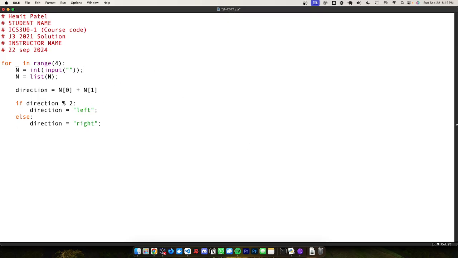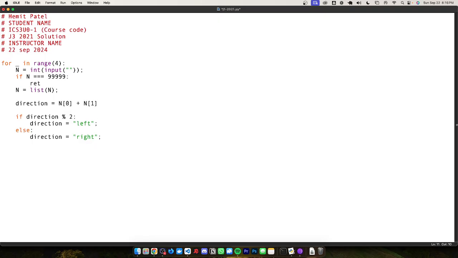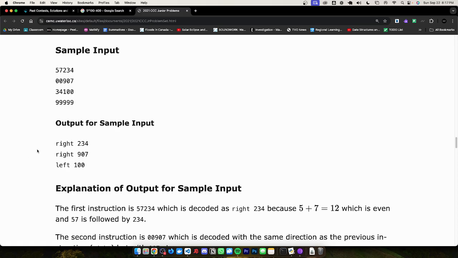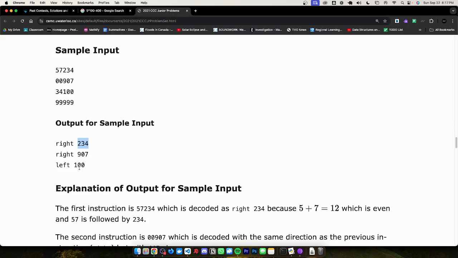And before we even do this, we're just going to say if n equals 1 2 3 4 5, right? It's the end of line, so we're just going to press return, or actually break. We're going to break out of the function. And then here we're going to do the print statement, but before we do that, so direction is left, right, then so now we can just add the direction, which will either be left or right, and then the actual number